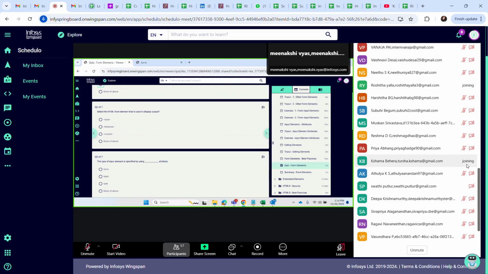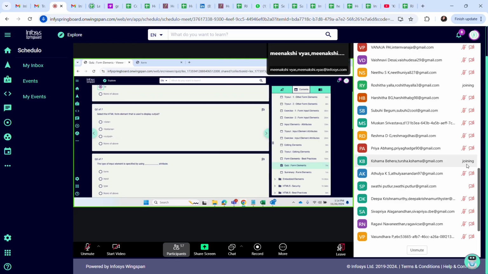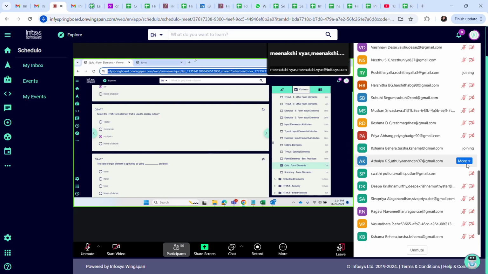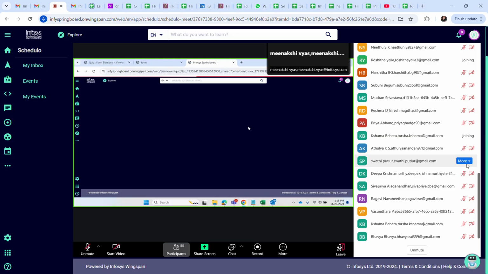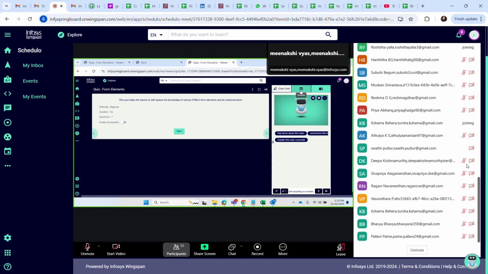Okay. Now, the second says: select the HTML form element that is used to display the output. Simple, output. Textarea you will get, a big box where you can enter anything. Date, you can enter the date. When we create forms, we can have dates also, right? Let me show you. For example, they ask you to enter your date of birth and the date field comes, right?